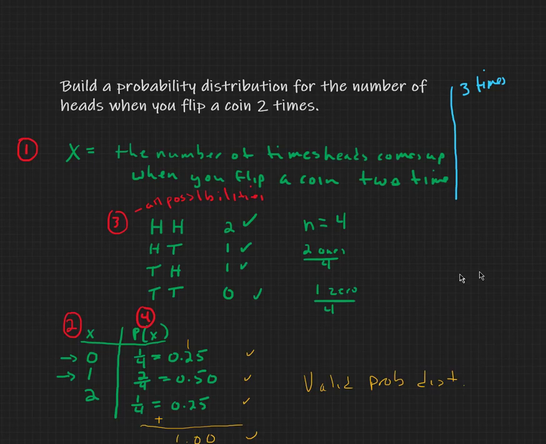And there are just going to be more possibilities. I can do a tree diagram, or I can just list them out. I could have a heads and a heads, I could have all heads, or I could have a heads and a tail, and so on. You just have to list all the possibilities. And you know how many there should be, right? Because if you think about counting,